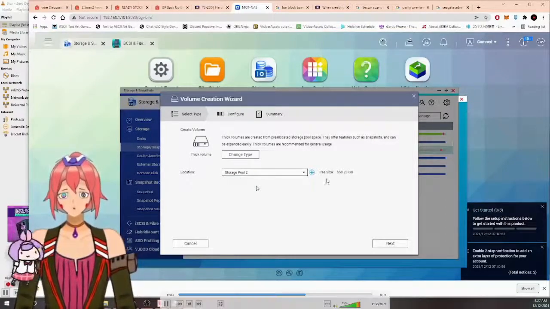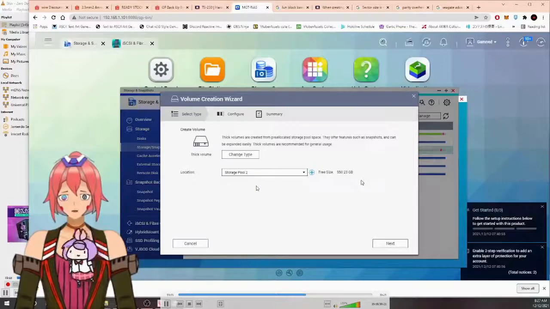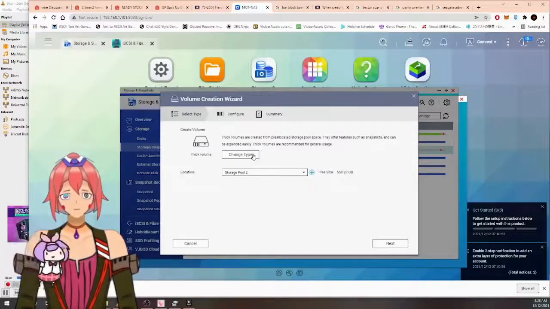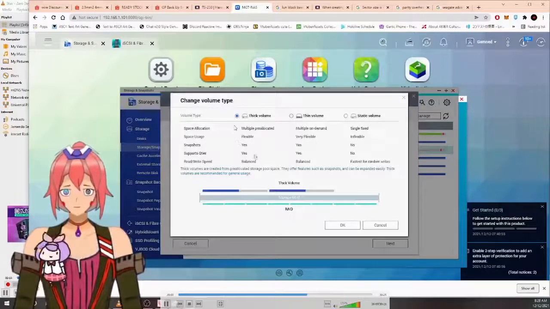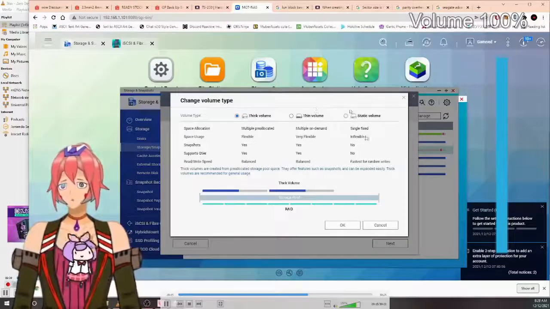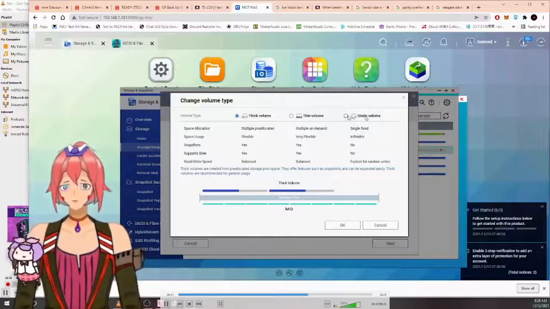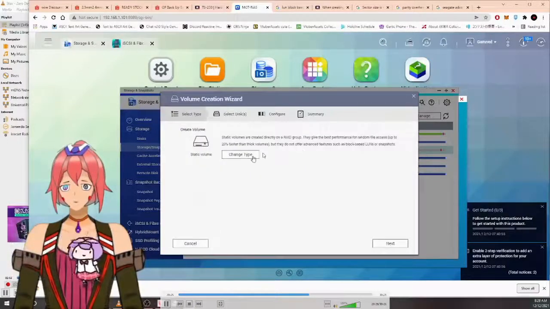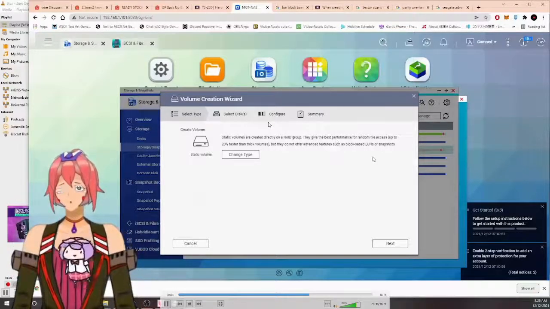Storage pool 2. This is for 1TB. The extra space that's still not being partitioned or used. Then start from here, you can see that there's static volume, thin volume and thick volume. Static volume here, I have done it before last night. I'm using the static volume for the whole 900 GB. So I'm creating a static volume and then click next,